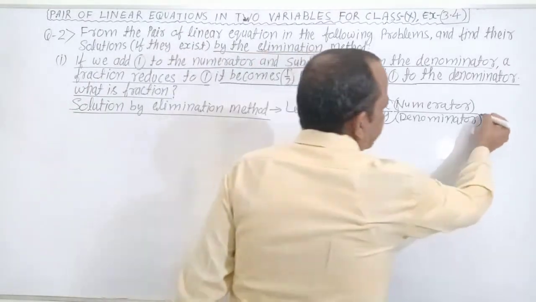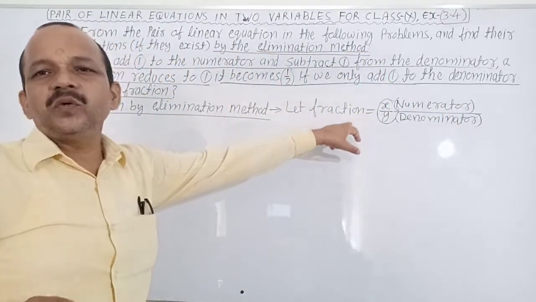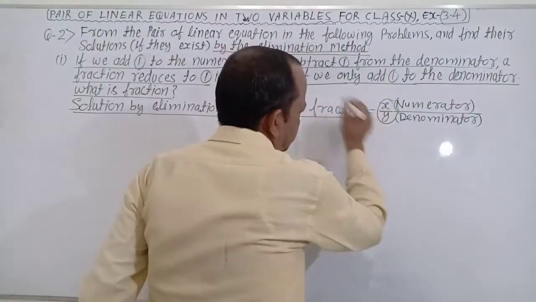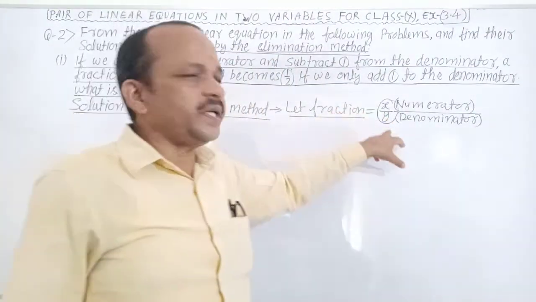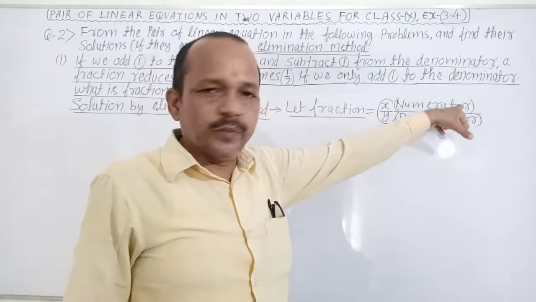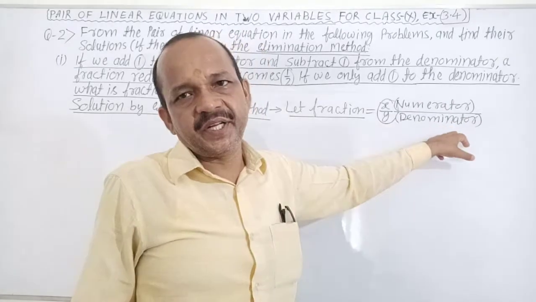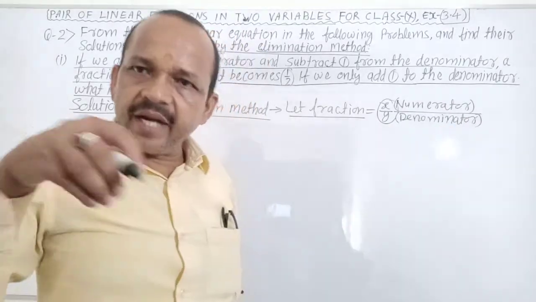It is clear? No confusion about it. Very good. The fraction is x by y, where x is the numerator and y is the denominator. Clear? According to the question,